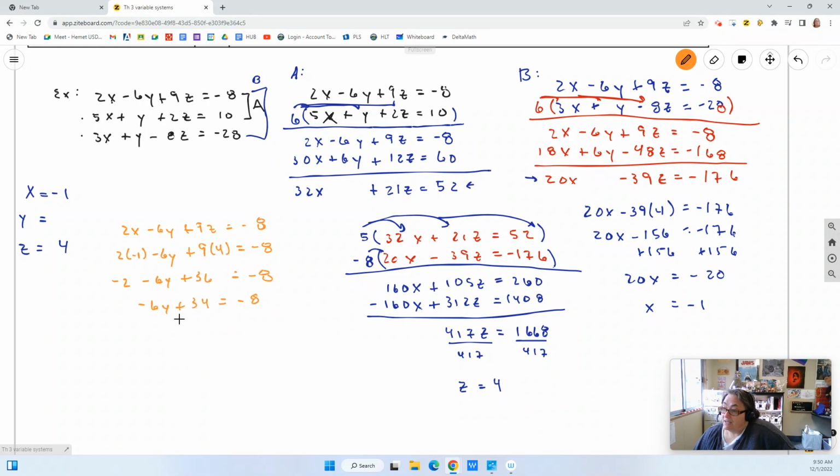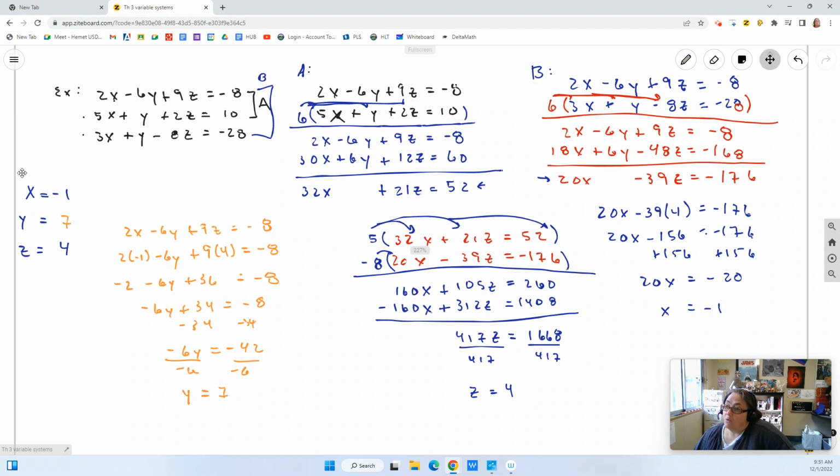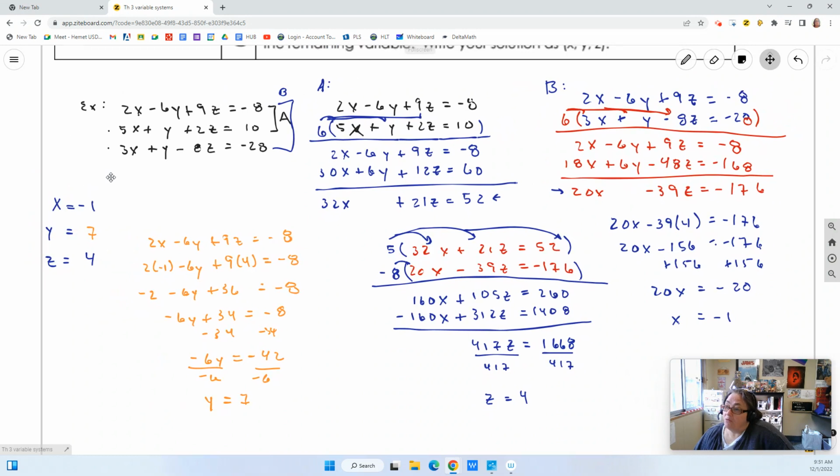So I can subtract 34 from both sides. It helps if I write the 3 in. And I get minus 6y equals negative 8 minus 34, that's going to give me negative 42. And when I divide both sides by negative 6, I get y equals 7. Once we have all of these,